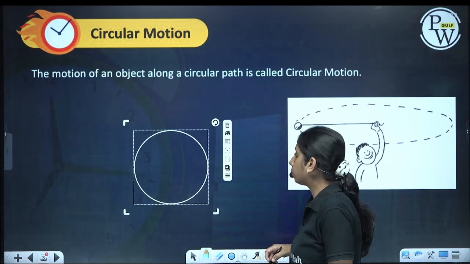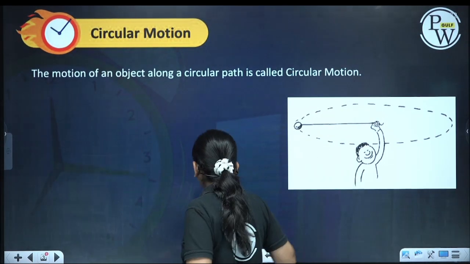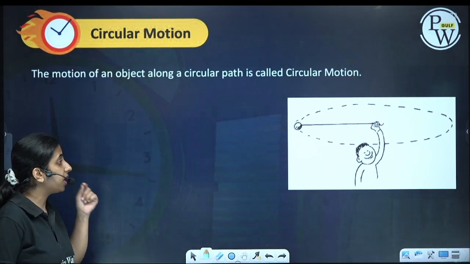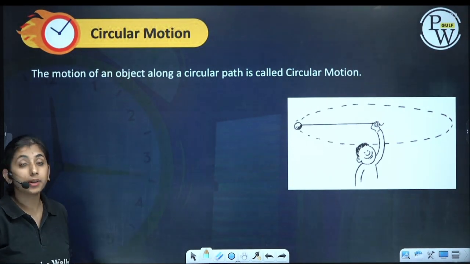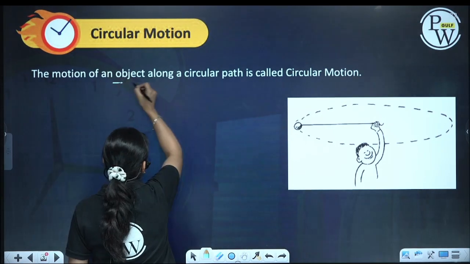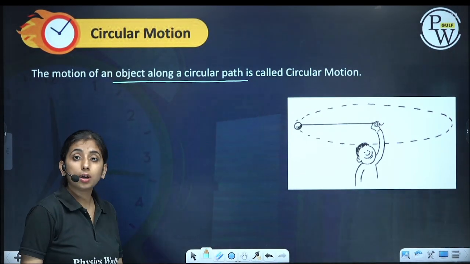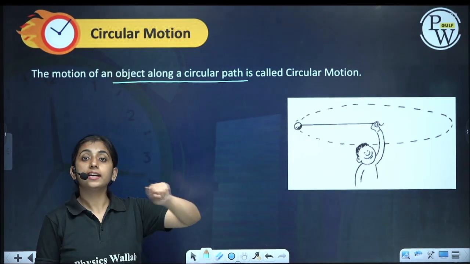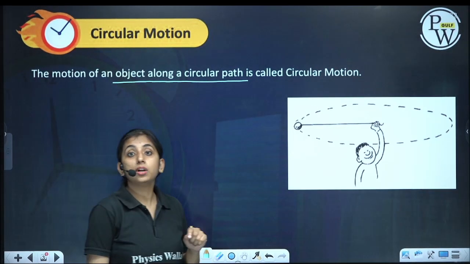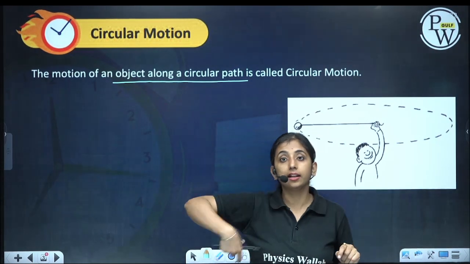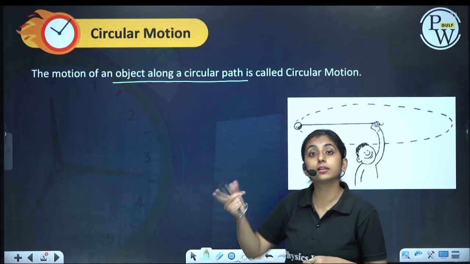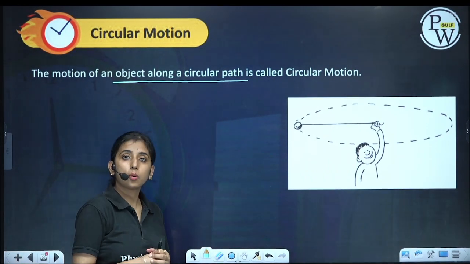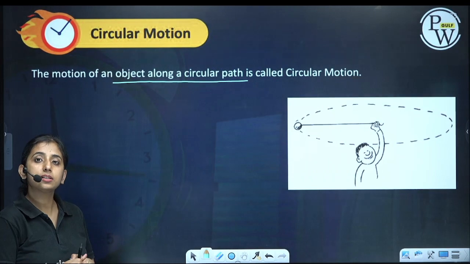Now what is circular motion? When a particle is moving on a circular path. We have done linear motion when a particle is moving in a straight line. So when an object or a particle is moving in a circular path, it is called circular motion. Suppose you are riding a bicycle on a circular track in the park, or an athlete competing in a race on a circular track, all such motions are circular motion.